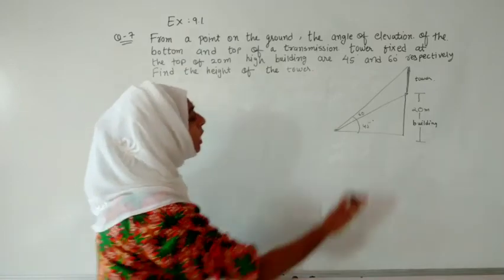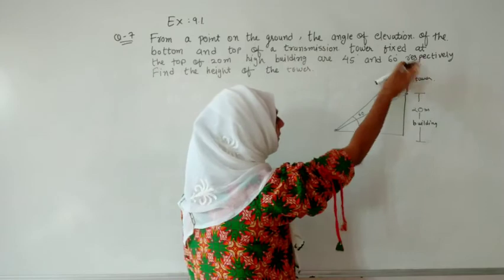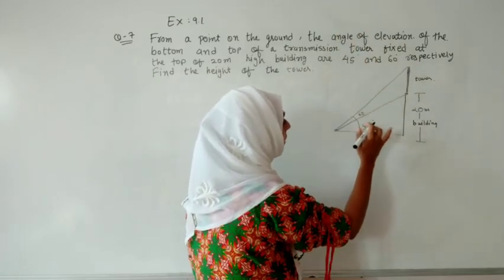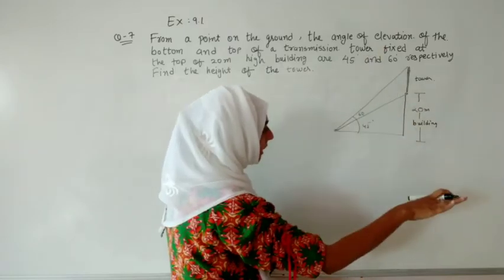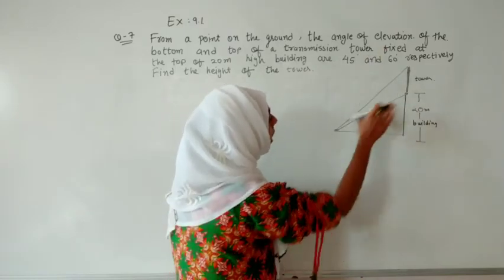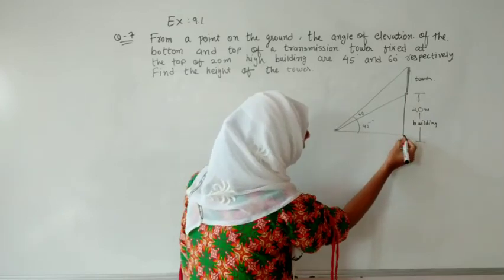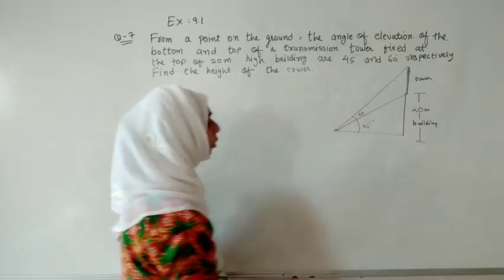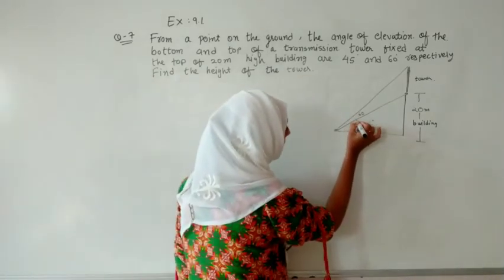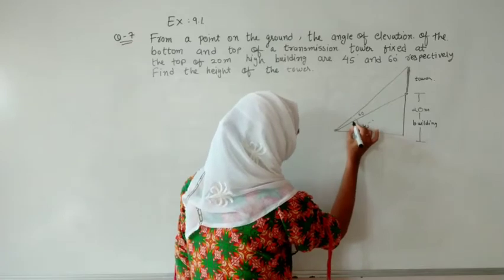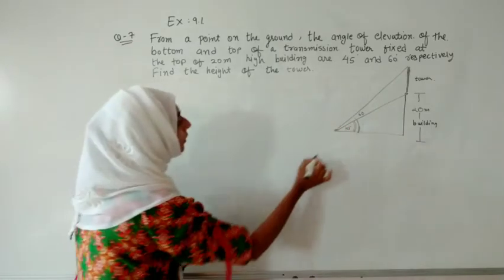So as I told you, if we are watching from the same side, if it is higher, the angle will be larger, and if we look lower, the angle will decrease. And as we go all the way down, that is, if we look at the bottom of the building, our angle will become 0. So on the basis of that, we have taken this whole angle as 60 degree and this small angle as 45 degree. Let me write over here so you will understand, 45 degree.